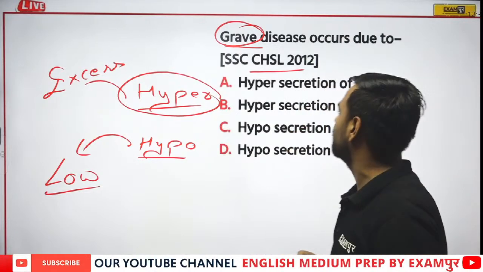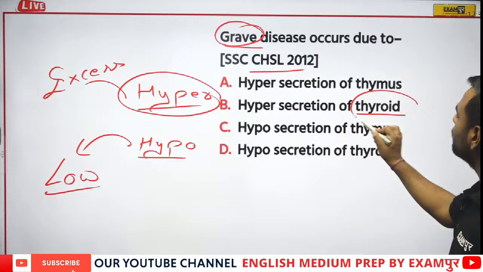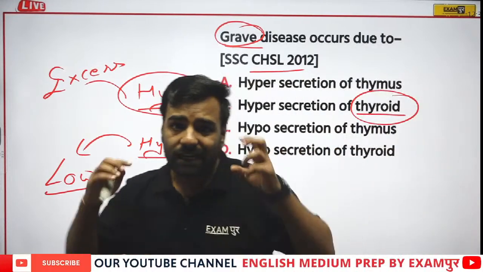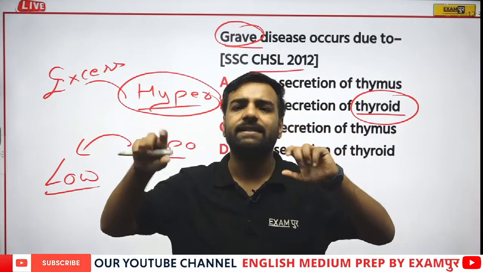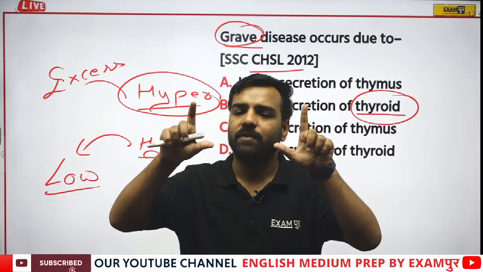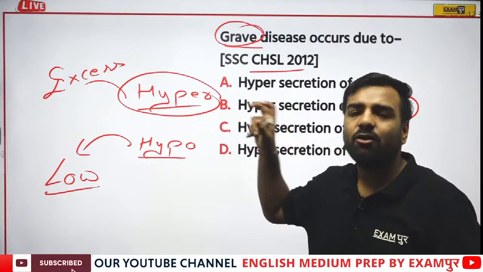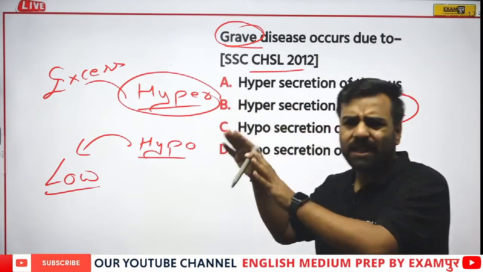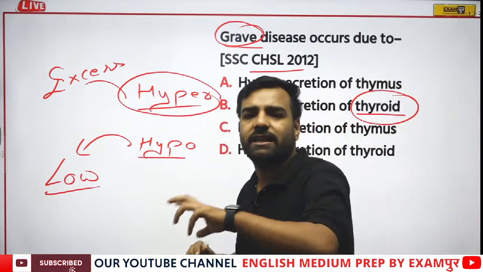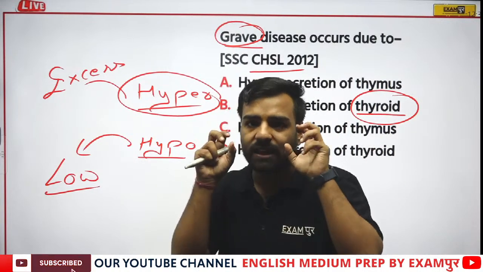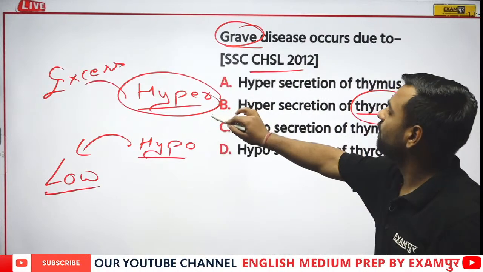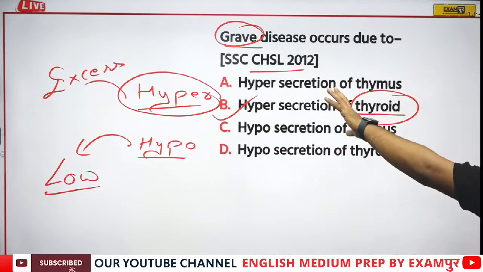Sana and Nikita have given the answer. Extra secretion of thyroid will do what? If I talk about the eyes, there would be puffing in the eyes. There would be extra hormone which is a disadvantage in our body, where our eyes will actually come out. So the extra secretion of thyroid will lead to Graves' disease.